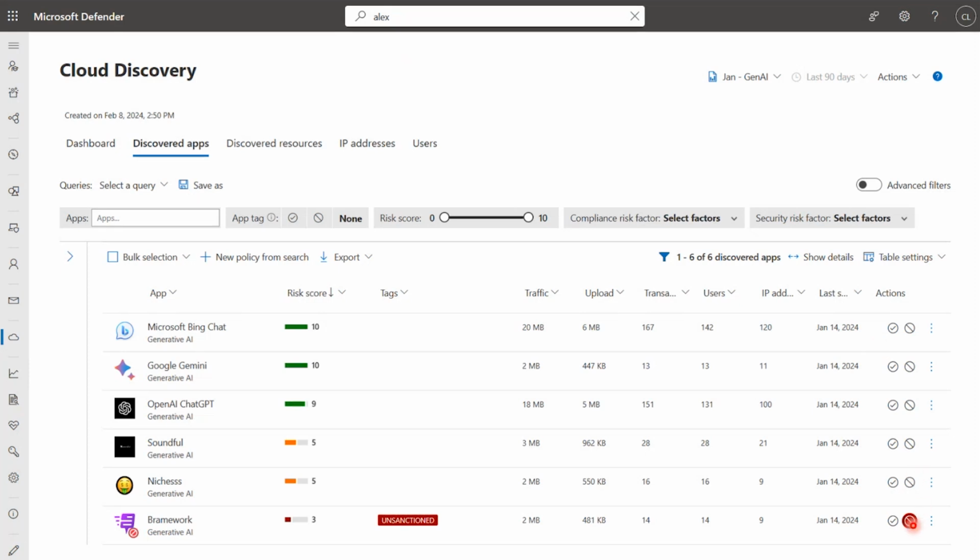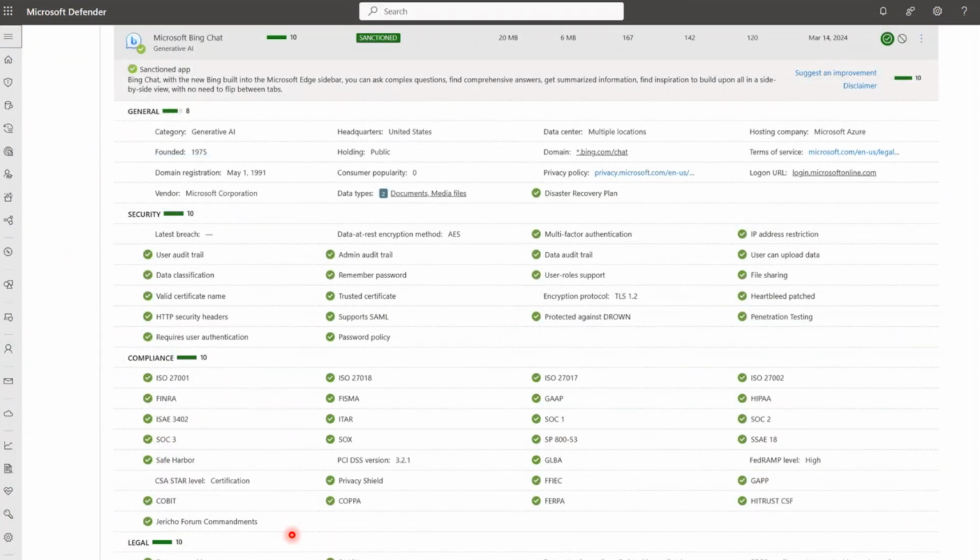And in this case, we would either choose to unsanction an app, meaning we're choosing to block access to this app. Or if we sanction the app, that means that we're allowing access to the app. Now, obviously, the reason why we're willing to give access to this app is because it scores a 10. And as well, we can see graphically that it's represented as being green. And as well, we're able to see all the different criteria that it respects,